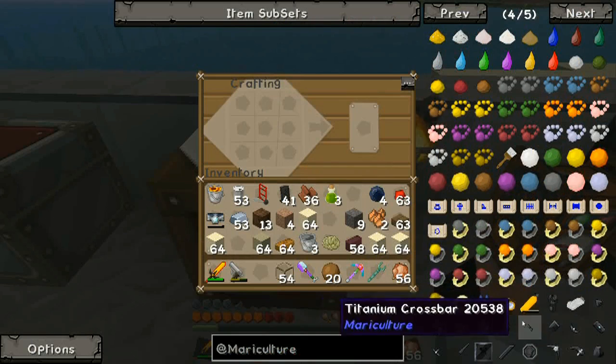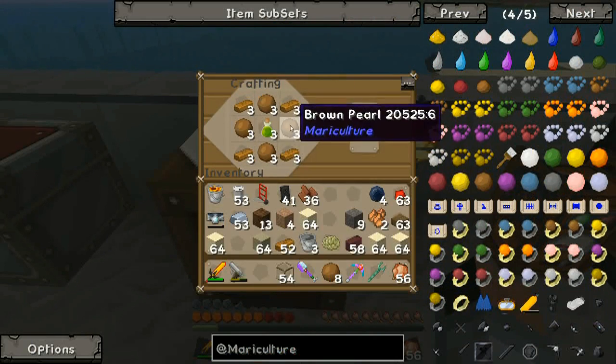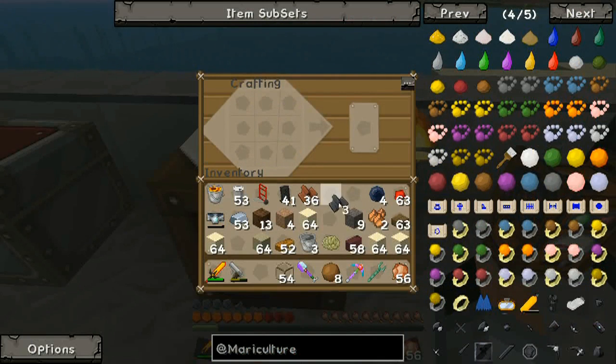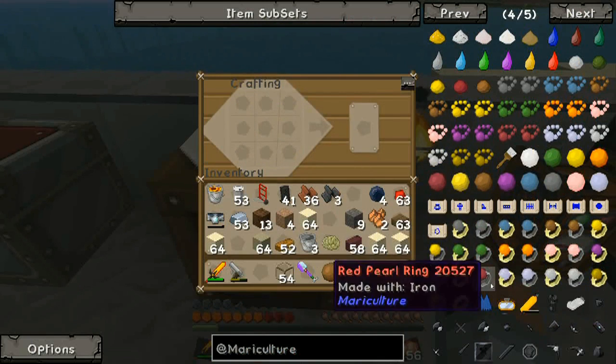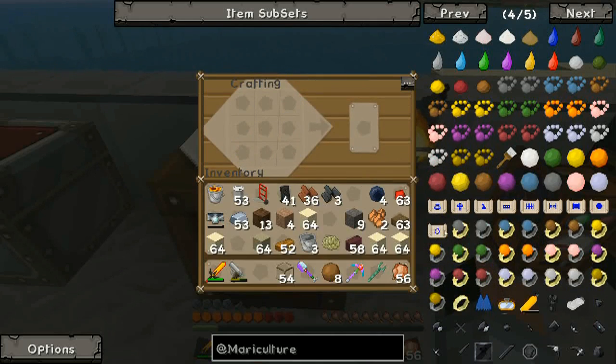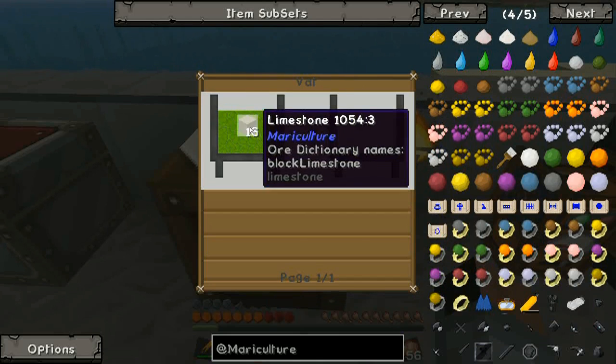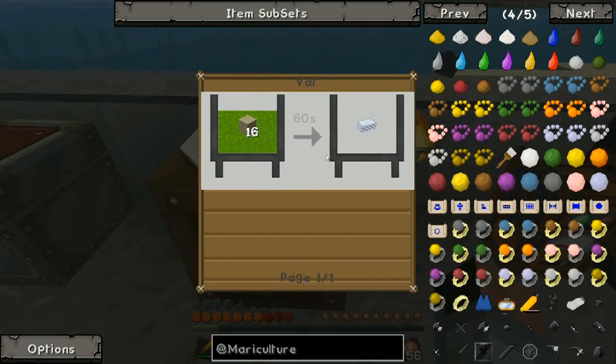So there we go. We have gas, pearls, and the rubber, so we get neoprene. And then ink sacs and hardened plastic. Ink sacs is a no-brainer. Hard plastic is natural gas, and then I put